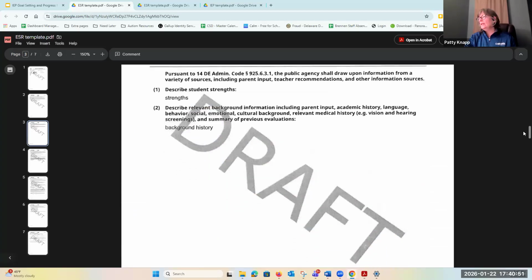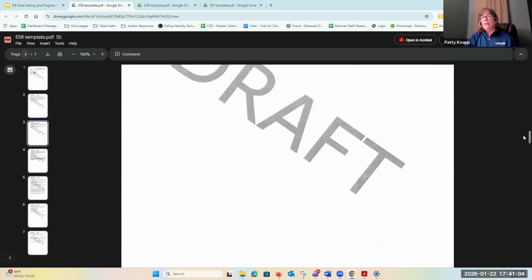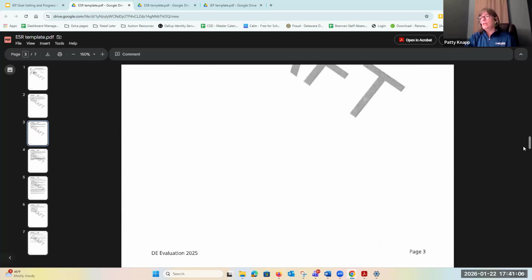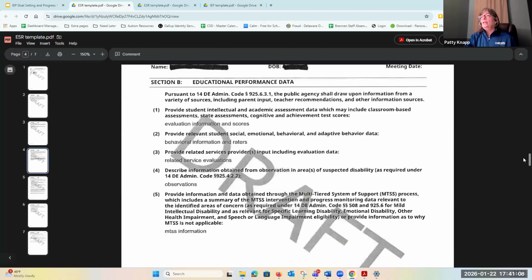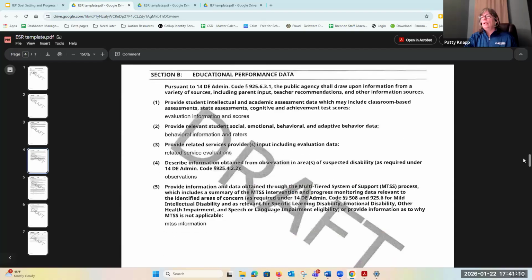It has the strengths, and then the history of the student and where family or school might have started seeing some differences in their learning that needed to be recorded or that concerns needed to be addressed. And then it goes into more of making those decisions on the data that's provided.